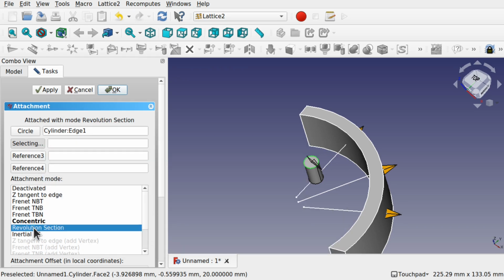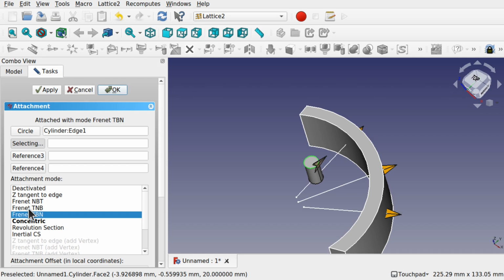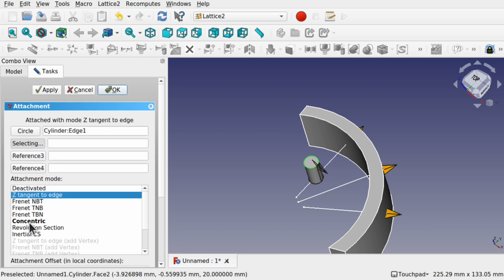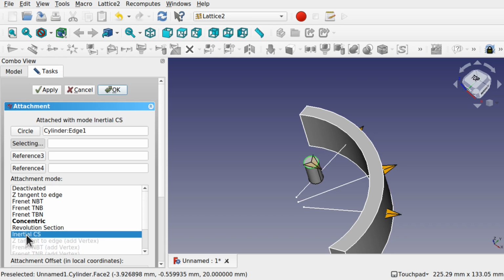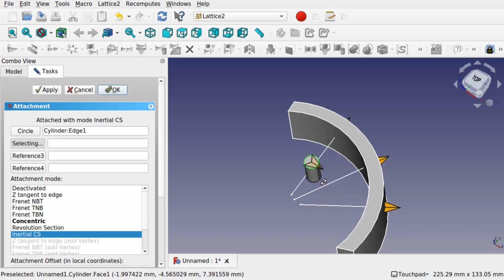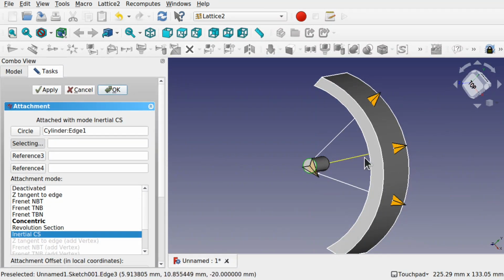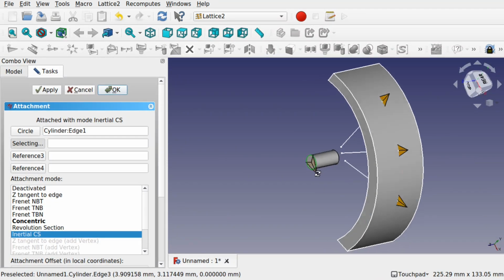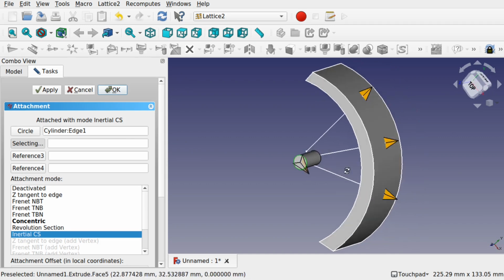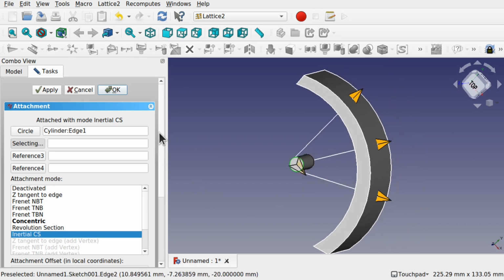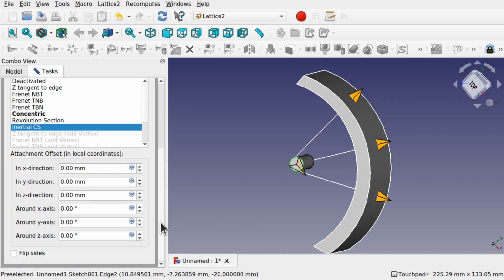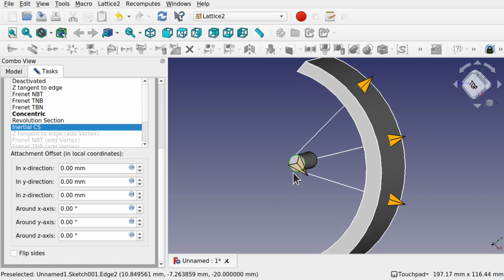And let's work through these, see if we get a better fit. And I think concentric is going to be our best fit, or internal CS. So that's sitting in the middle. We need to rotate this kite because if this kite was going for kite, we can see it will just be placed like this. So we need to do some adjustments. So come down to the bottom and we can